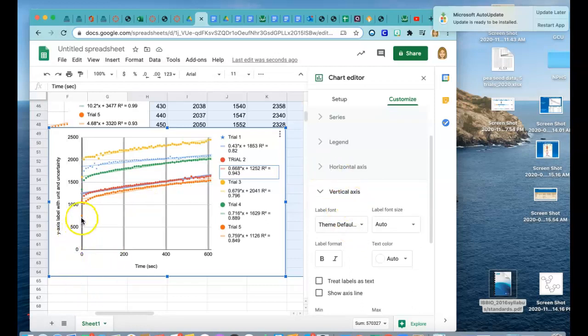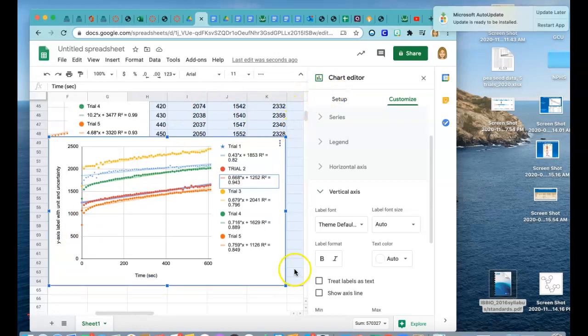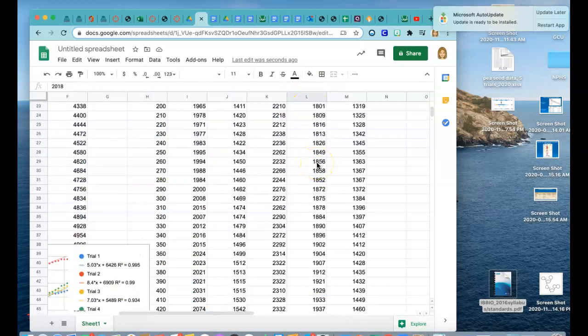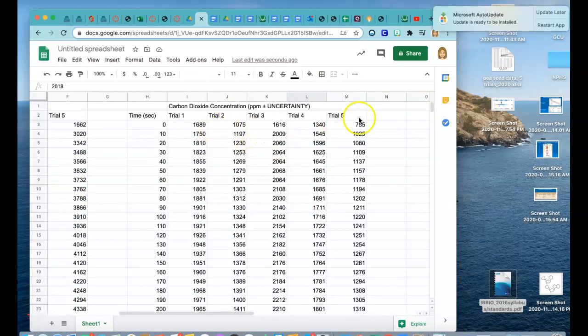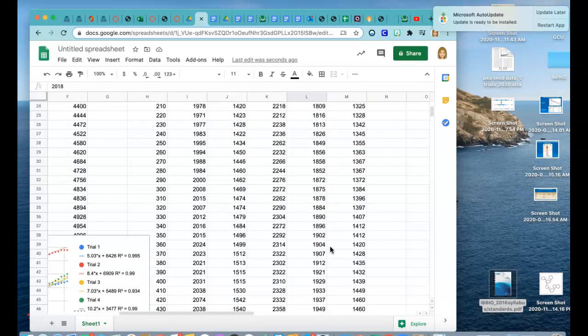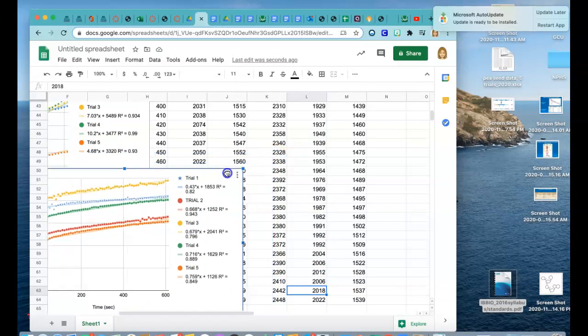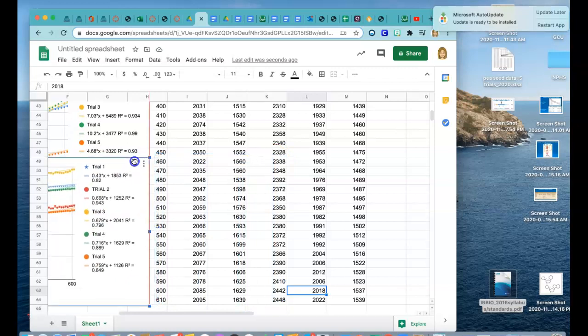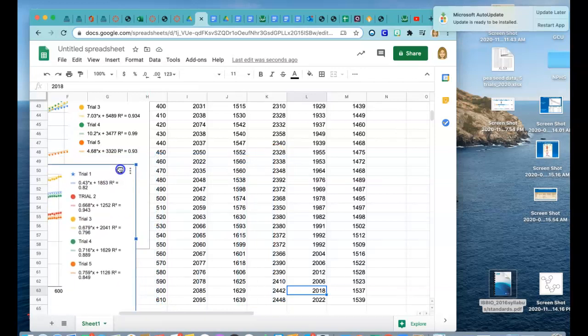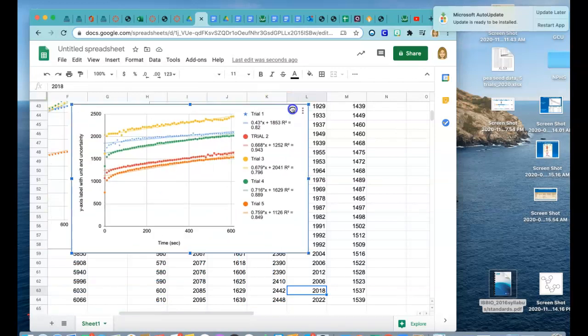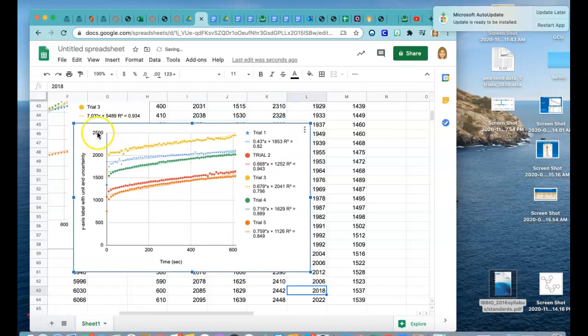So let's see. I don't have any points smaller than 500. Let me double check though. I want to just double check my data really quick to make sure that's true. Yeah, 755 is my smallest number. Let's see the biggest number. 2400 something. So I'd say 2500 is good there, but